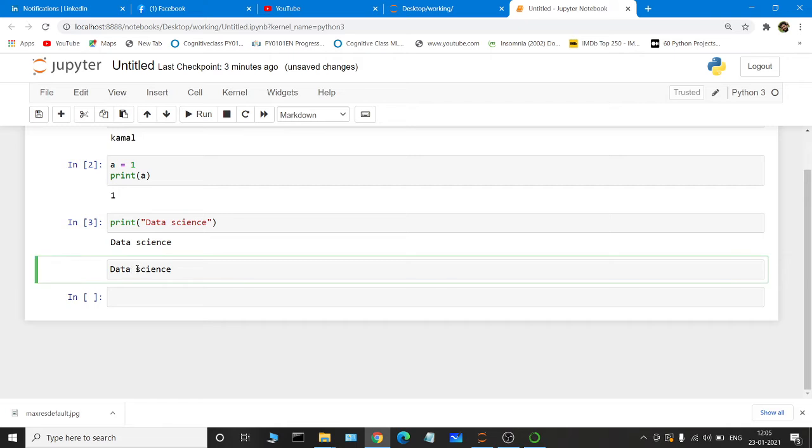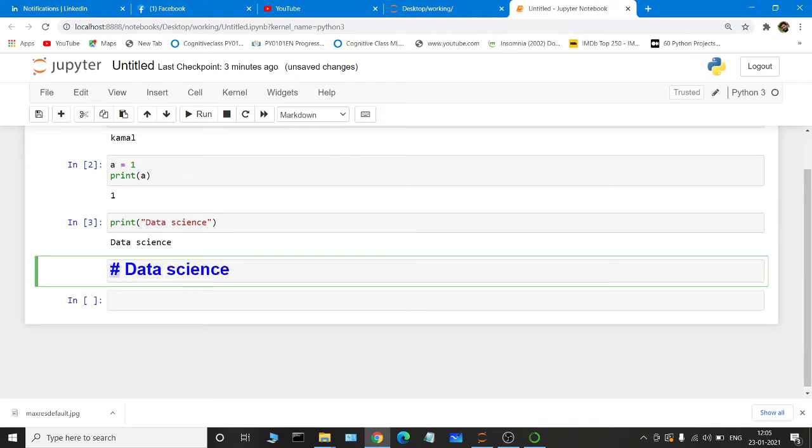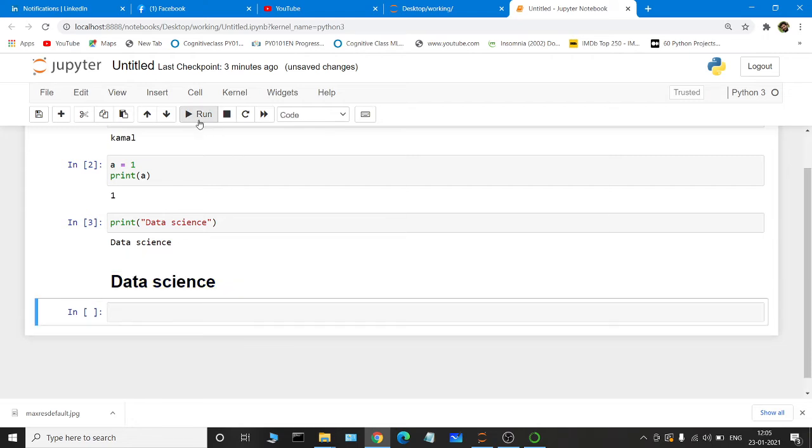If you want to make data science more effective, click on the starting position and give a single hash and give some space. If you give a hash as well as a single space, automatically the size of the text will be increased. If you run this particular cell, see, data science has become a heading.